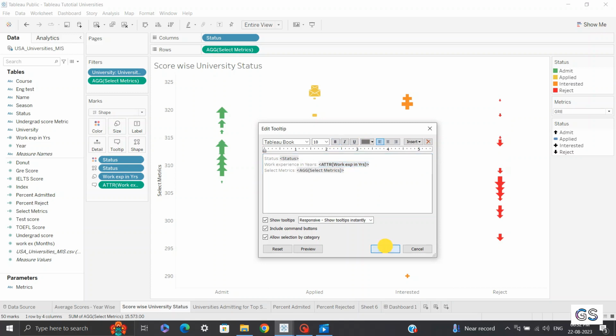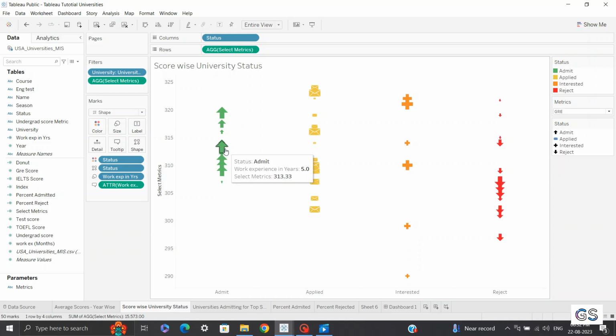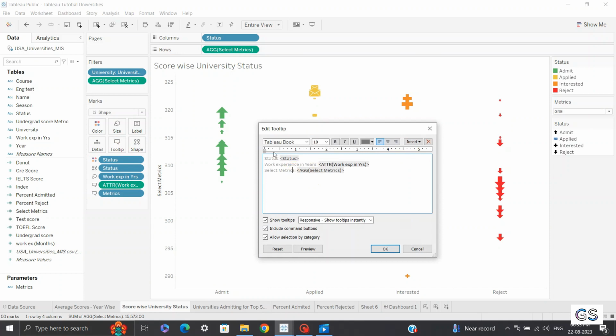Now service metrics will be 313.33. Now how will the user know, again the question which we repeated, which value it is? Is it a GRE value or a TOEFL value or an IELTS value? So for that, you need to bring your service metrics or service parameter, because parameter is what you will change dynamically. So you need to bring your parameter in your tooltip, and in the tooltip you can type as selected parameter,